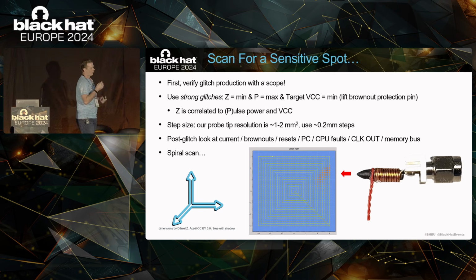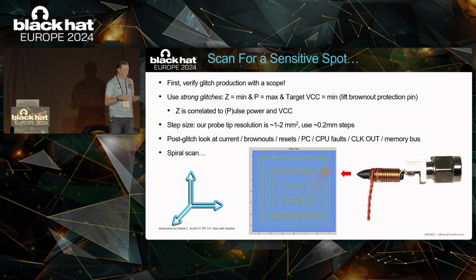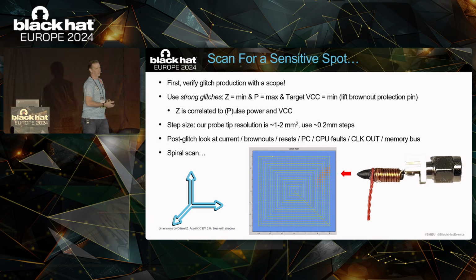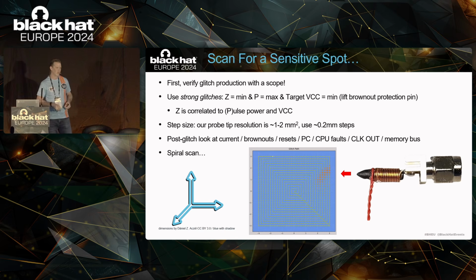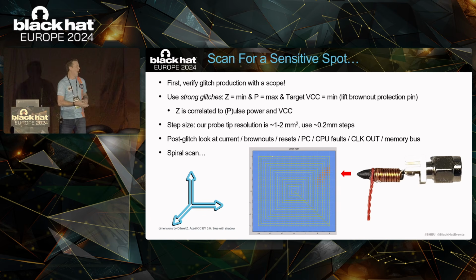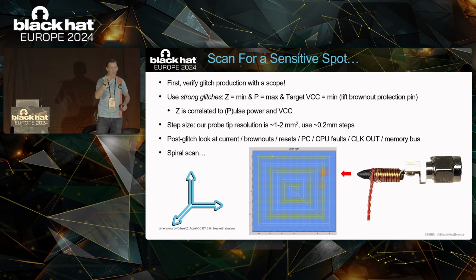And then it's also important to use, and this is less obvious, the minimum VCC that you can with the chip. And in order to do that, you're going to need to remove brownout protections from your target chip. The way we did this on the GigaDevices is there's a single pin which allows you to do so. So we lifted that pin and then brownout protections were removed. So this puts the chip in the most vulnerable, the most pliable state, and hits it as hard as you can. And then, as mentioned, you're going to go in a spiral, glitch many times at each point and